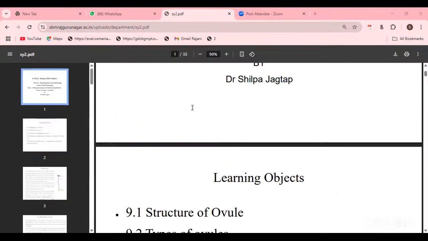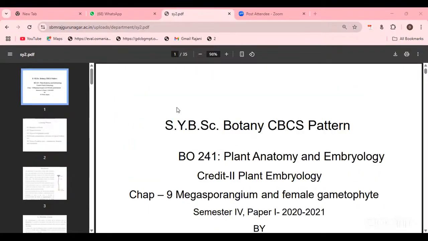Embryology, megasporangium, and female gametophyte. Female gametophyte development. How does the female gametophyte develop? These are the things we can learn about in today's class. What is the male gametophyte, and what type of male gametophyte is present in this one? And here we can study the